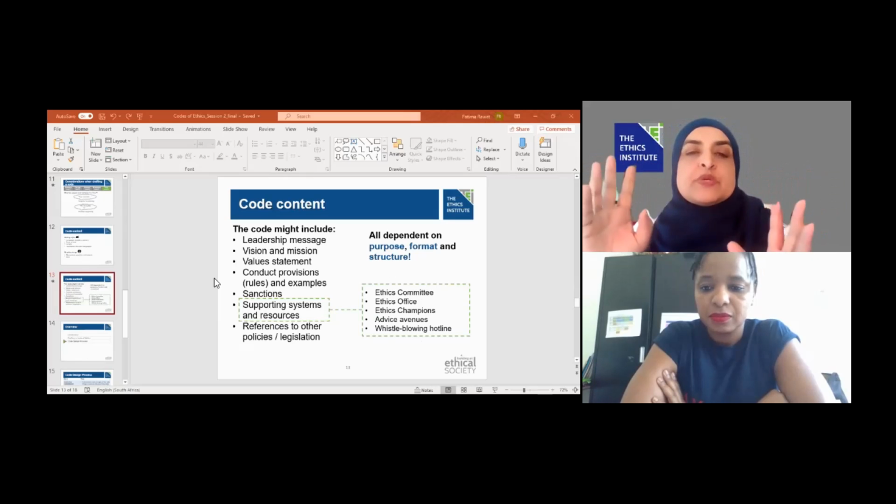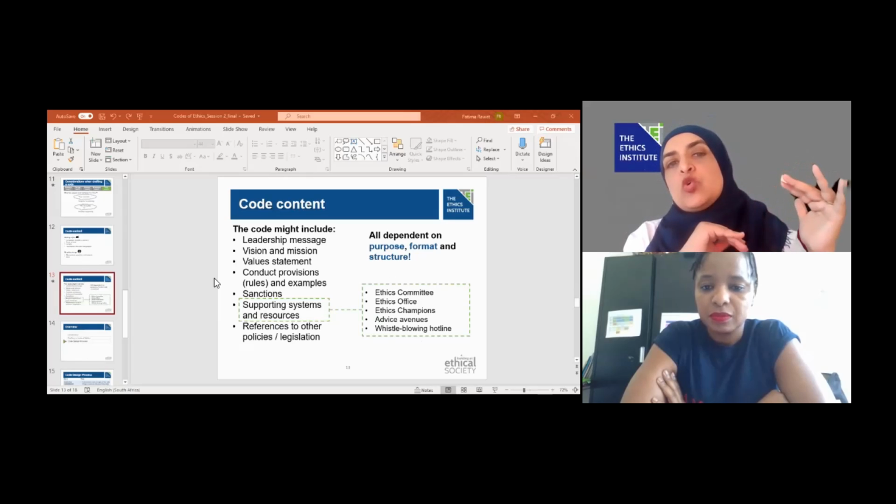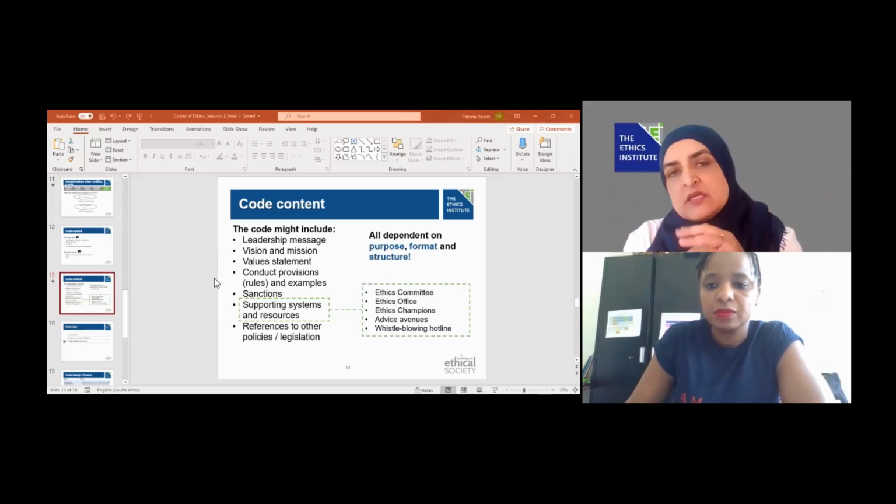So you would have a separate conflict of interest policy. We actually make a distinction between what we call core ethics related policies and non-core ethics related policies.